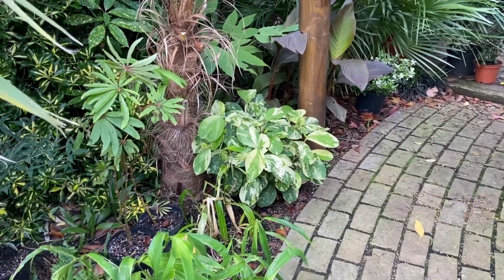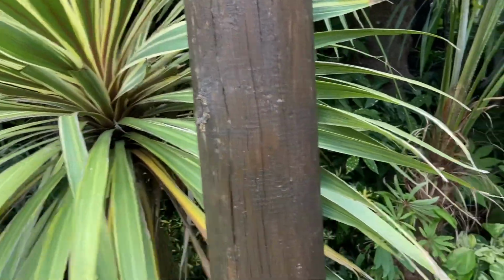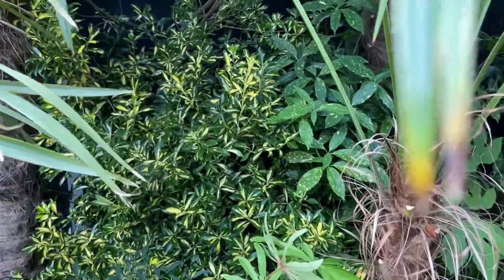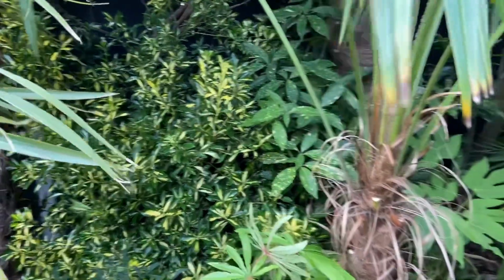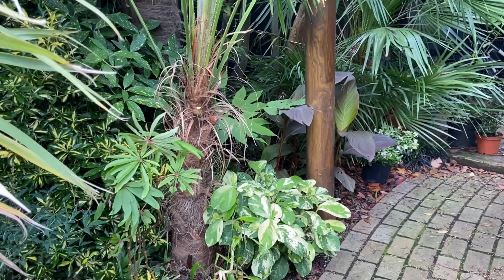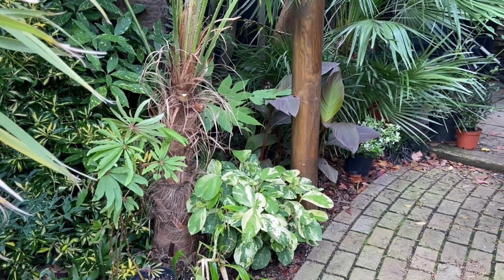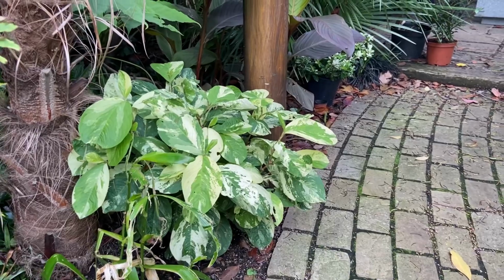So I've got a variegated Persicaria there. The Torbay Dazzler is variegated. There's variegation on the unanimous shrub behind. So I need to sort of tone that down a bit. I love variegated plants, but I don't feel like any more can really go in unless it's the right kind of plant. We'll see. But I do like the way, and this was part of it, the way the Persicaria